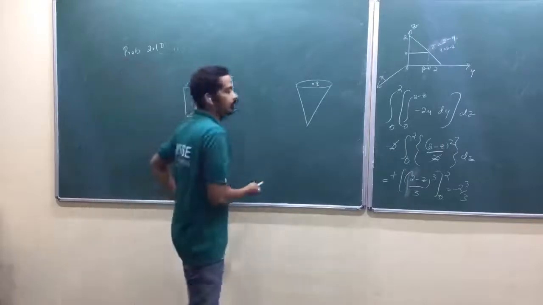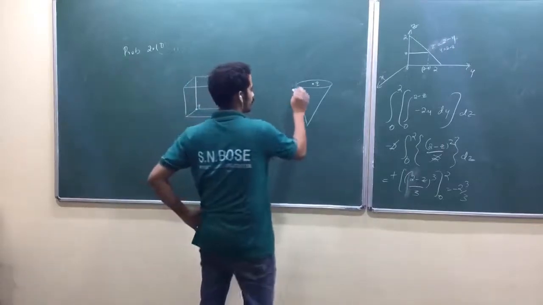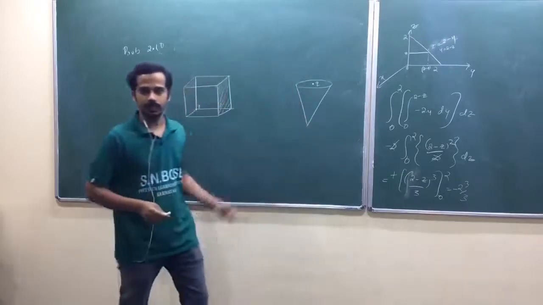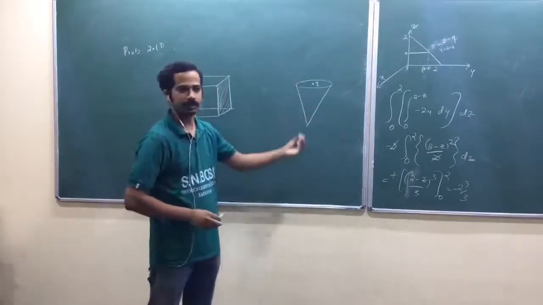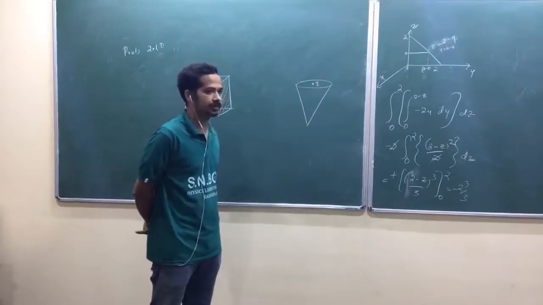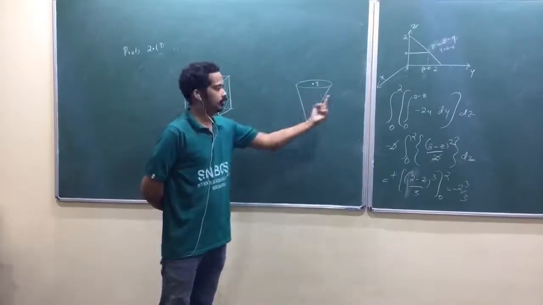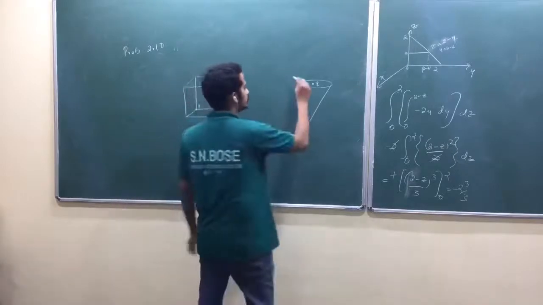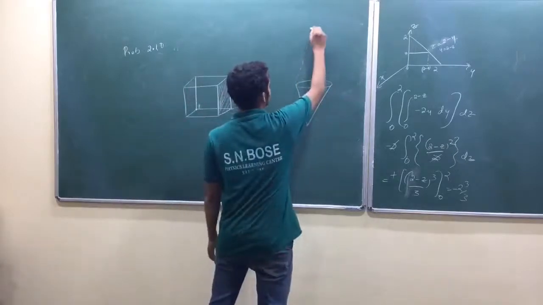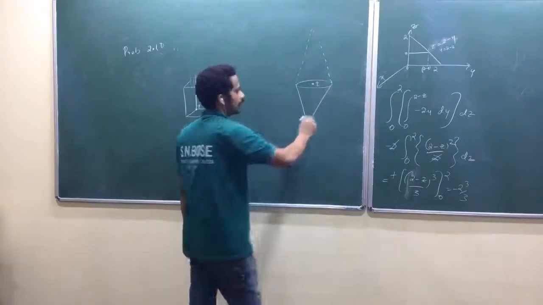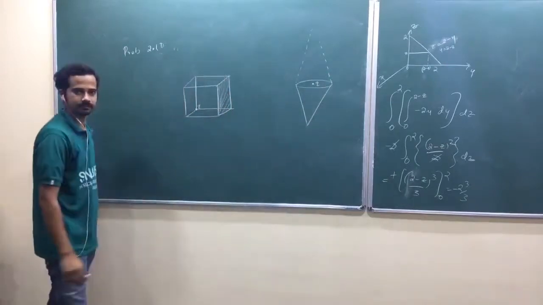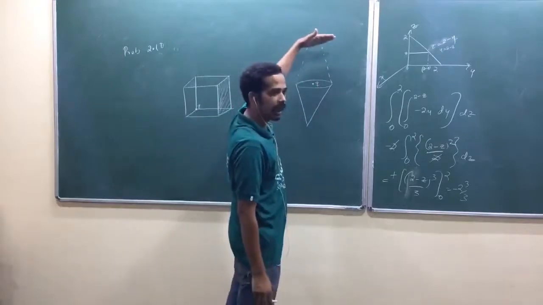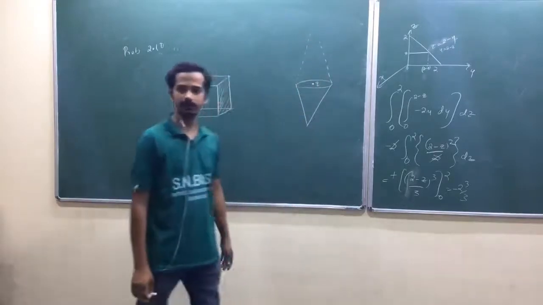How did you get that idea? You extended the surface, am I right? He has given one open surface, suppose an ice cream cone, and he asked what is the flux through that curved surface. So now what you have done, you extended that symmetrically. That's the best idea. Extend that symmetrically, so that now don't you feel that this cone will share half of the flux?